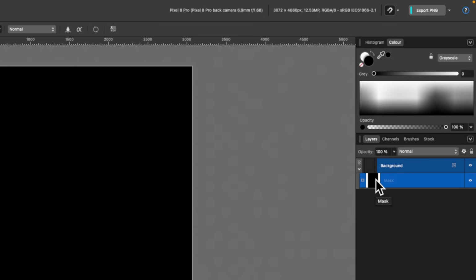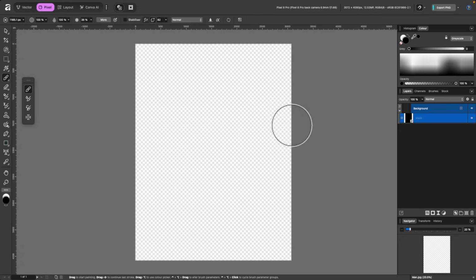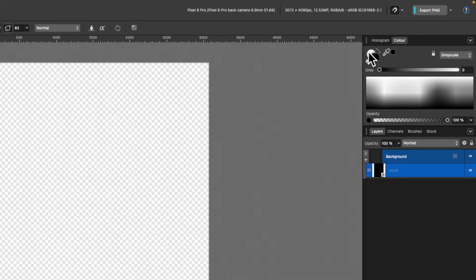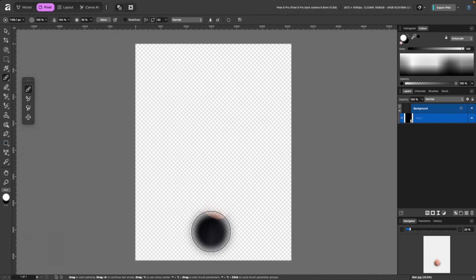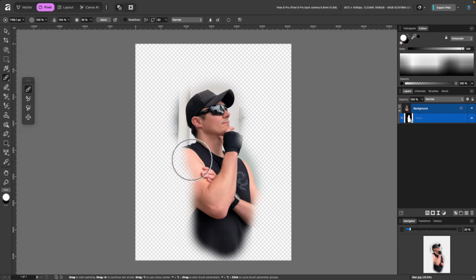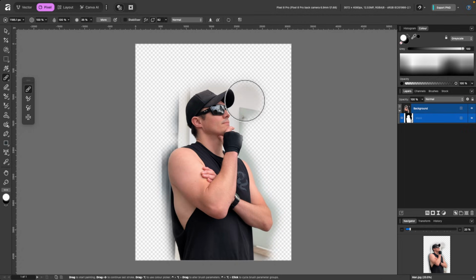So if I go back to the layer mask and click Option, Alt, and select, you can see everything is transparent. So if I go back to the brush tool and I choose the white, you see now I can paint to reveal. So I'm using white to reveal. Black conceals, white reveals, and the background of this mask is completely black. That's easy enough, isn't it? Let me go ahead and delete that mask.